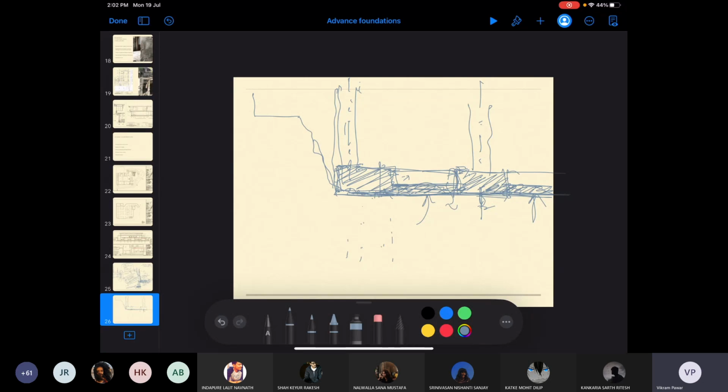Now this inverted pocket, obviously I cannot walk into in this kind of a space, so we'll fill this up, and then we'll have a PCC or whatever the finish level over here. Now what do I fill this up with? What do I fill this up with? And I mean, one thing is definitely the levelling of it. Is there any other function to this fill?